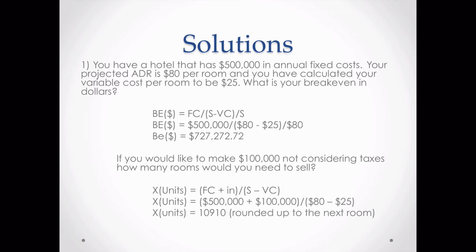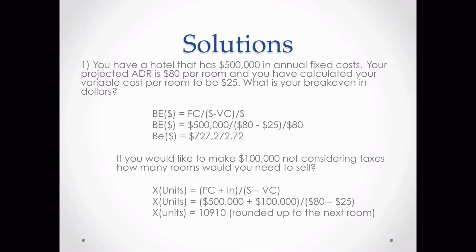$727,272.72. If we want to make $100,000, not considering taxes, we're going to use the straight X equals units. X equals fixed cost plus income divided by sales minus variable cost. When we do all the math, we get 10,909.09 units. But because we can't sell